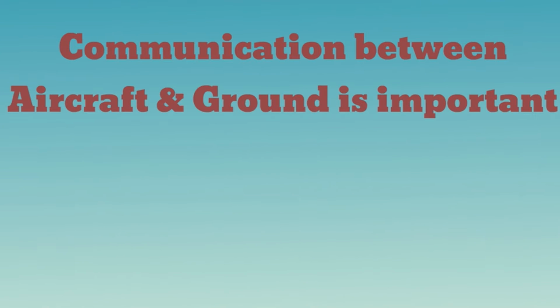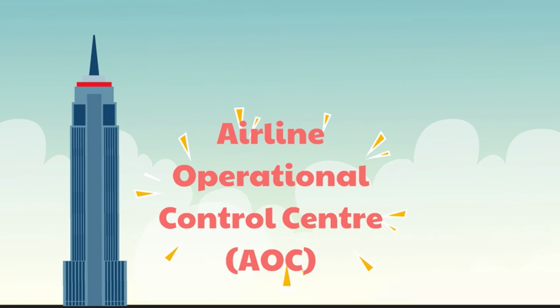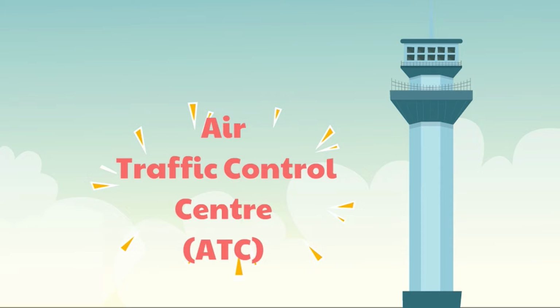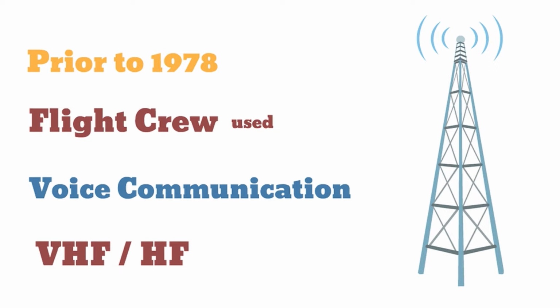The communication between aircraft and ground is important to exchange significant information between aircraft, Airline Operation Control Center, AOC, and the Air Traffic Control Center, ATC. Prior to 1978, the flight crew used voice communication through VHF or HF voice radios to communicate with the ground